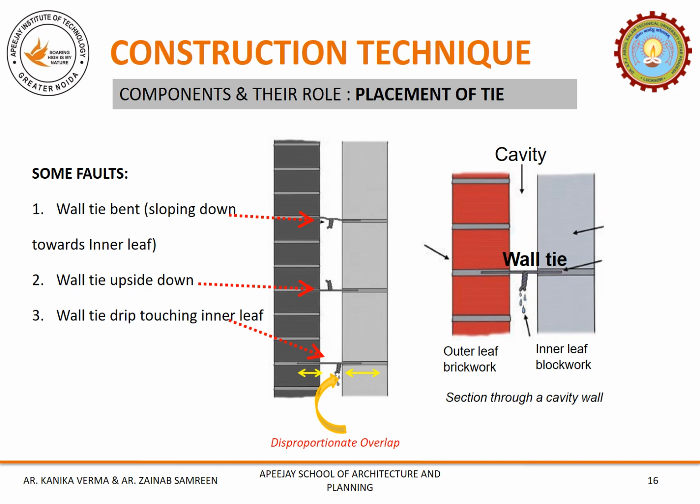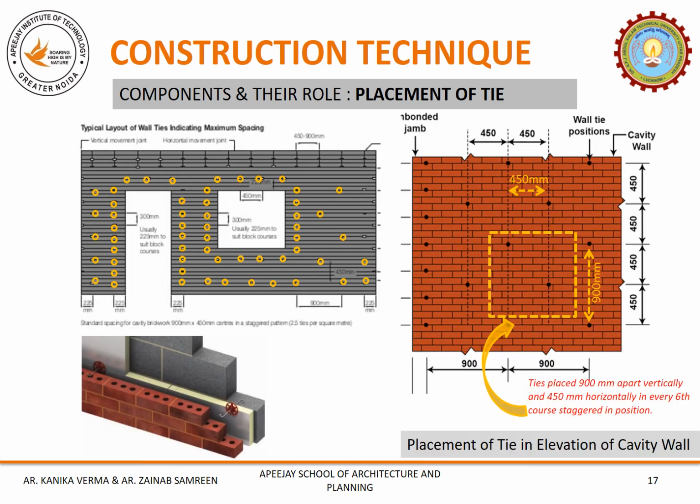The impact created by placing it at one side is of course the water dripping through the tie, and the second impact is on the structure, as one side of the wall tie has a larger overlap. On the contrary, the other side has a smaller or partial tie length, which makes it weak in the overall composition of the structure.